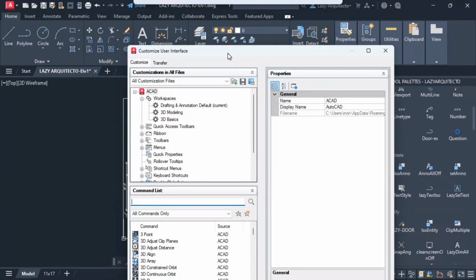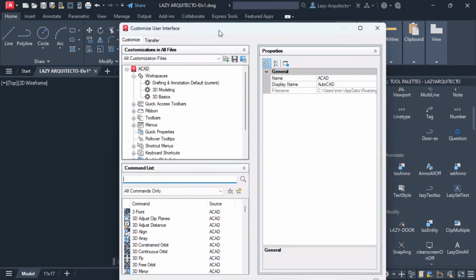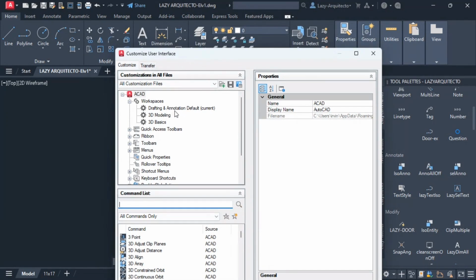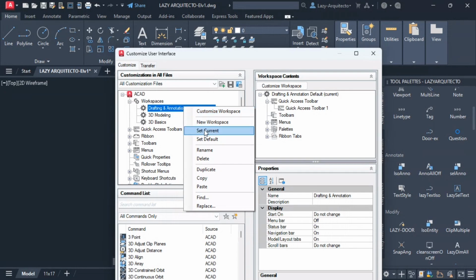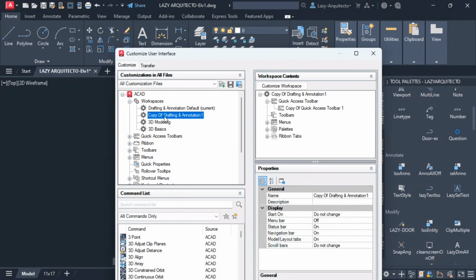So before I do anything, I like to have a backup of my workspace so that if something happened, I can immediately revert the changes. And the way I'm going to do that is by selecting the current workspace, which is drafting and annotation. That's its current. I'm going to right click on it and say duplicate over here. So once I do that, I'm gonna rename this and maybe say drafting and annotation,